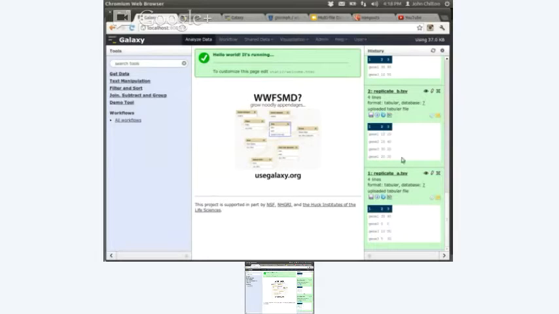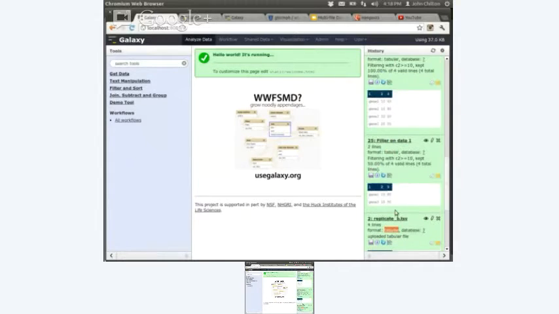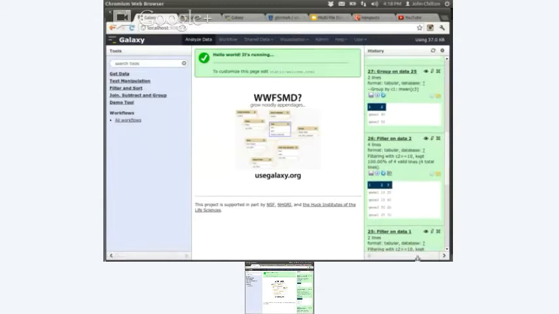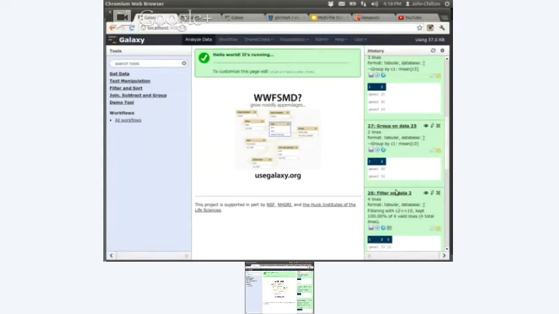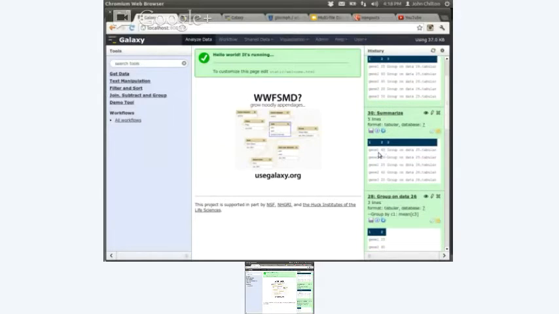So I've got two tabular files I uploaded, just a gene name and then two numeric values. It's all nonsense data. Format is tabular. And then I'm going to do some work on the data, just using normal Galaxy tools. So here I'm filtering on the second column for both data sets. I'm going to group the results of that filtering on the gene name, and I'm going to take the mean of the third column. And then I have this summarize tool here,